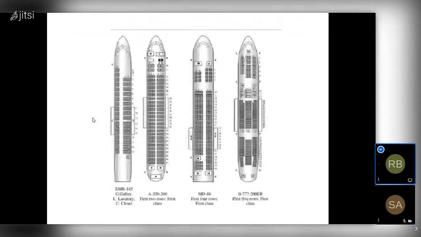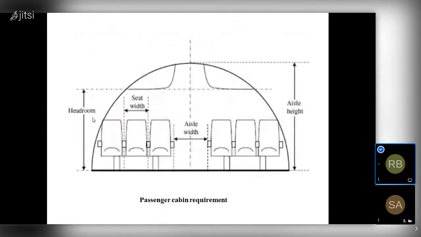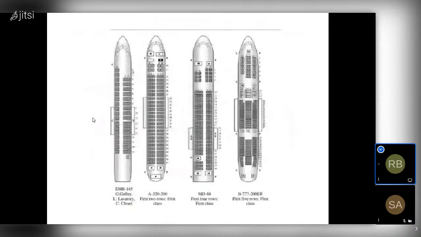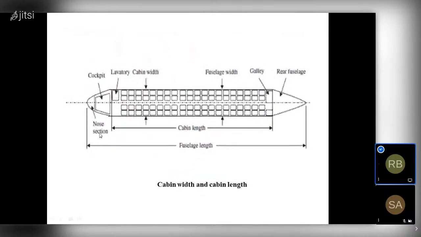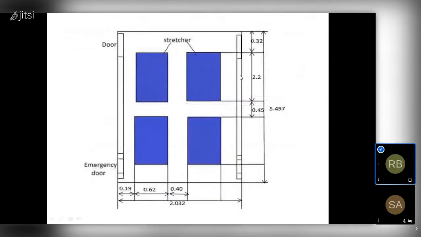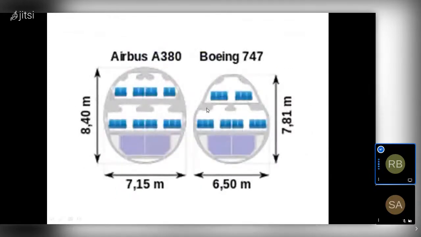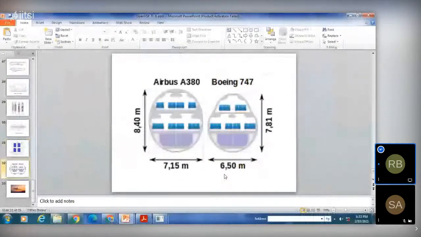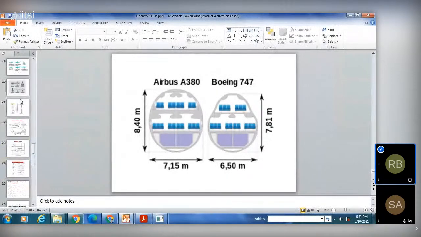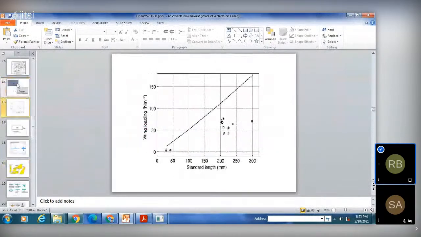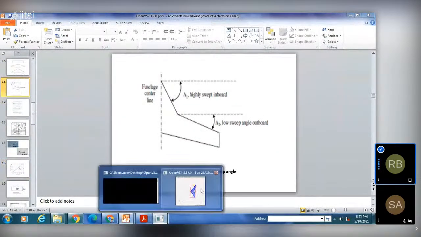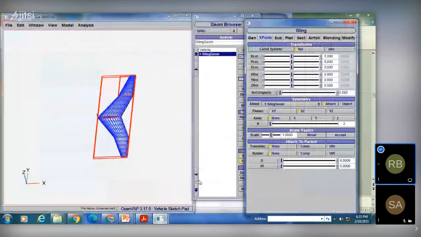These are the passenger cabin requirements, and overall your cabin width and cabin length, nose section, width, stretches. So like this, we have discussed the different parameters we need from a fuselage design point of view, and also for wing design we have different parameters. Once you know all those parameters, then we have discussed that